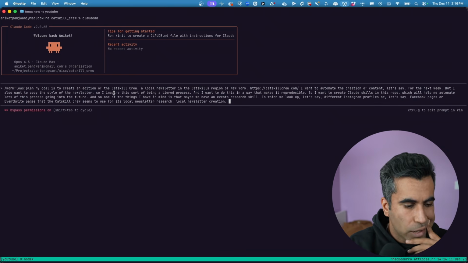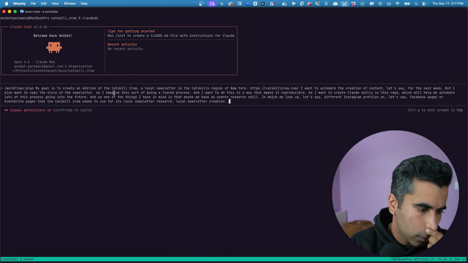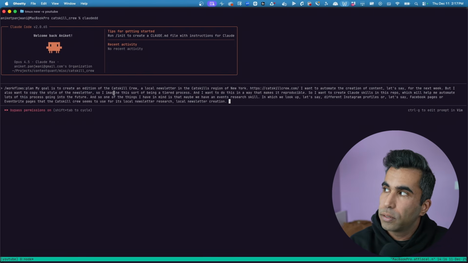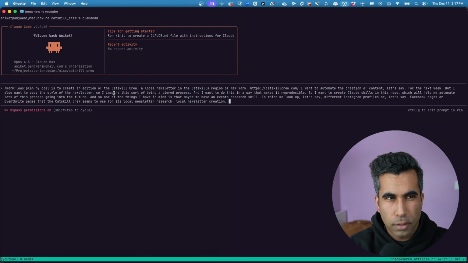And what I think we'll have to do for this is to use at least a few API endpoints. So one of those will be the Scrape Creators Instagram API endpoint,